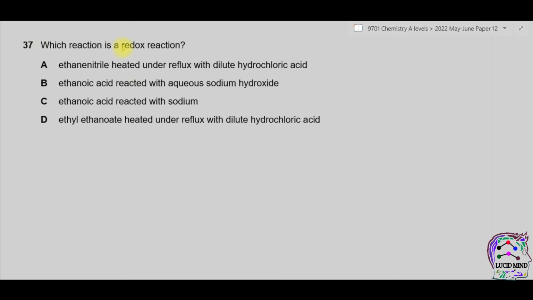Question 37. Which reaction is a redox reaction? Redox reaction is the one in which both oxidation and reduction take place. First part is ethane nitrile that is heated under reflux with dilute hydrochloric acid. So ethane nitrile is the one having 2 carbon atoms and a nitrogen atom. So we have CH3CN. In the presence of dilute hydrochloric acid, it converts to carboxylic acid, which is CH3COOH,